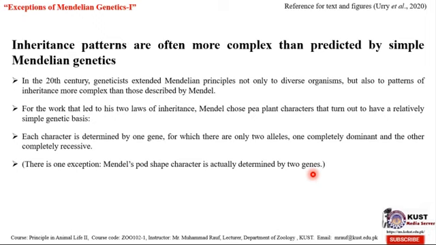There are variations, there are genes which show up in multiple copies in a population. There are instances where the F1 hybrids do not resemble either parent. There are instances where a single gene controls more than one character. There are instances where a single character is controlled by more than one gene. So all these conditions violate the principles of typical Mendelian genetics.